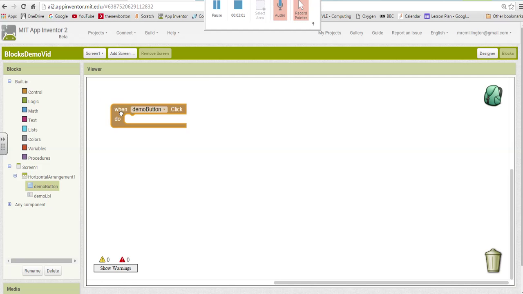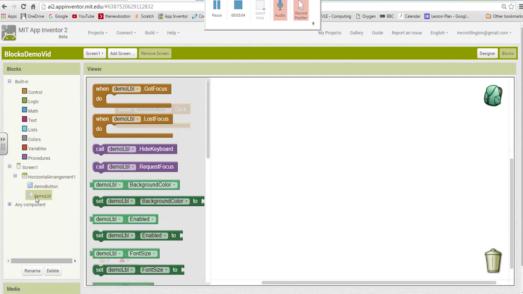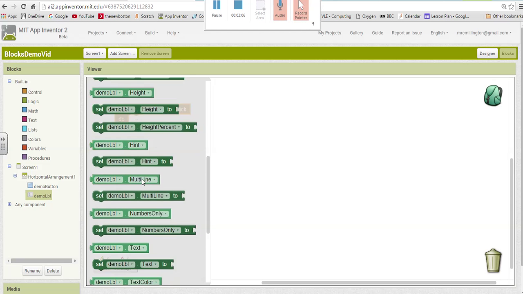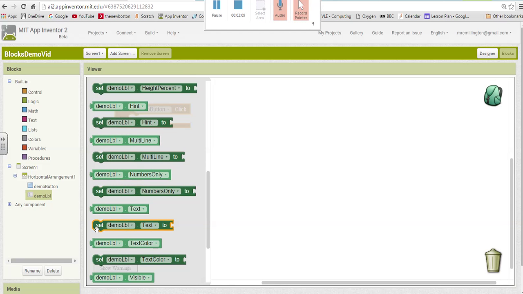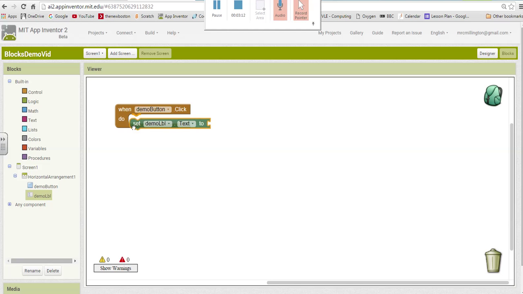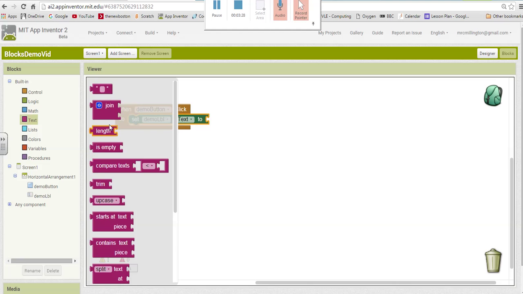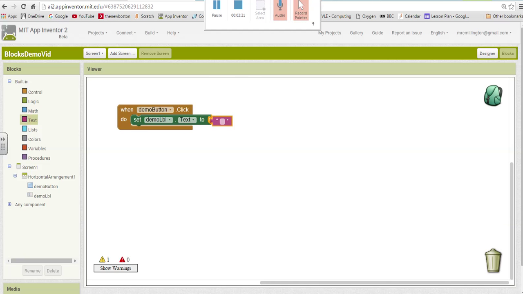So when demo button clicked, demo label, I scroll down here and just like Scratch, I drag this into place, set demo label text to. Now, how do I put text on there? Well, which of these options here do you think I would go to set text? I hope you'll guess this, it's text. If I go to text, go to the top, drag that in there, I'm going to make it that AFC Wimbledon, if I can spell it good, are